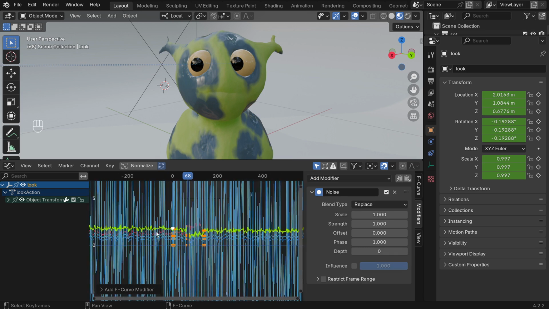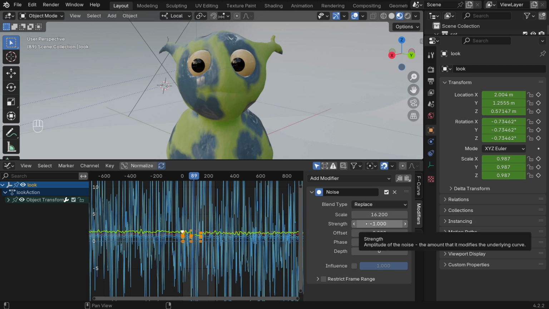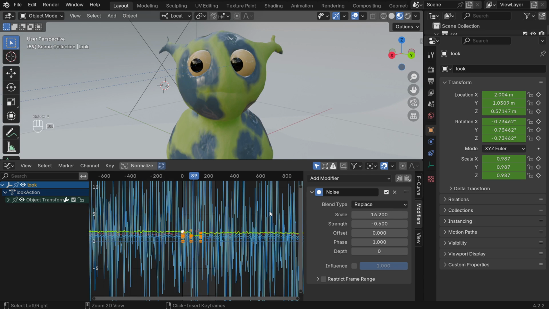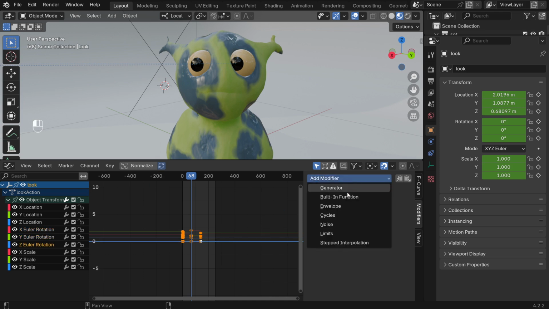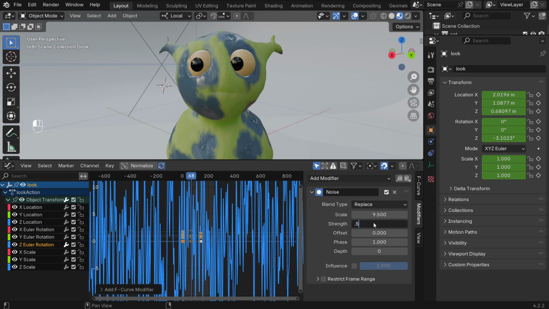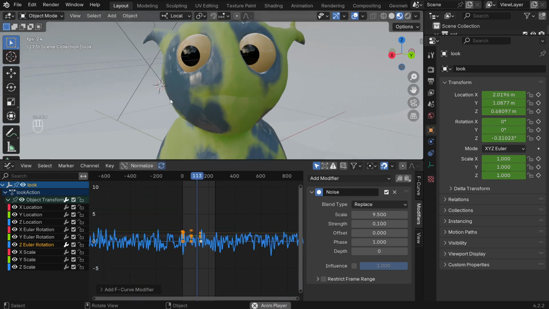The noise modifier is really strong at first. So then if I look at it, his eyes are shifty and really crazy. But we can change the scale of that, and we can change the strength of it so it's a lot lower. And it put it on everything. So, yeah, we don't want that on everything. Let's undo all of that. Let's just do it on rotation. So if we add a noise modifier on the Z rotation, and then change the scale so it's wide, and then the strength to 0.5, so something really subtle, then his eyes will just sort of be,